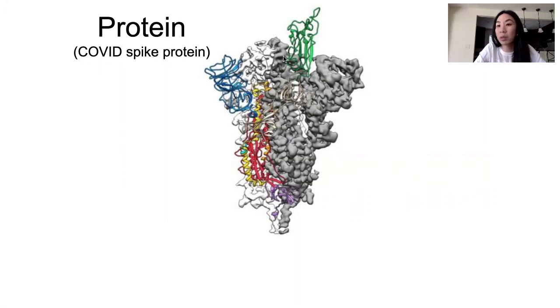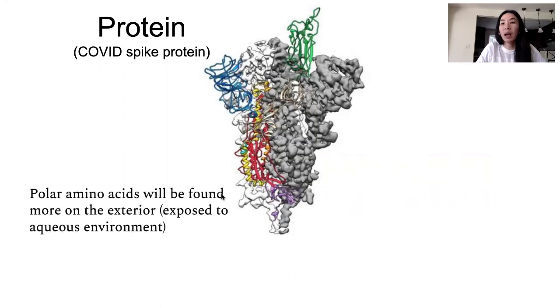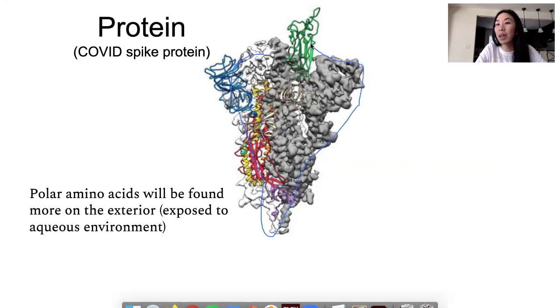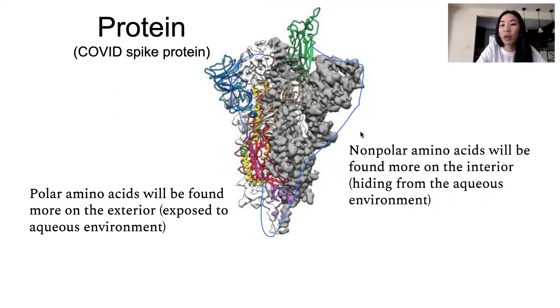So this is a 3D model of what a protein would look like. Now, polar amino acids will be more on the exterior or exposed to the aqueous environment. Aqueous means like water. So if you look at a protein, the polar amino acids will be more towards the outside, the parts that will be actually touching water. The non-polar amino acids generally will be found more on the inside, so the interior, because they're hiding from the